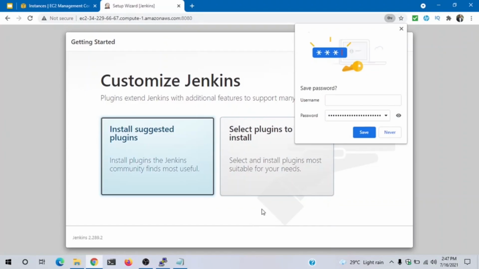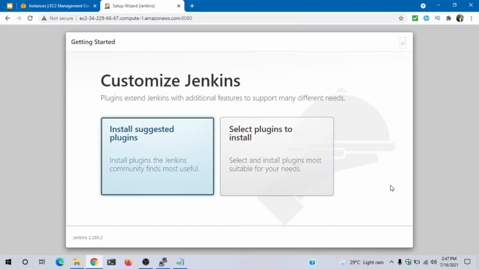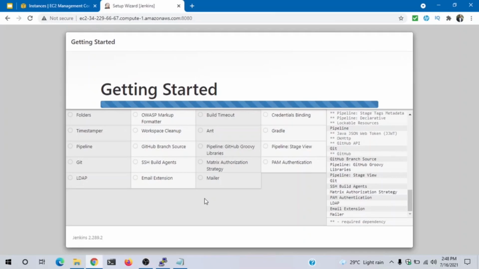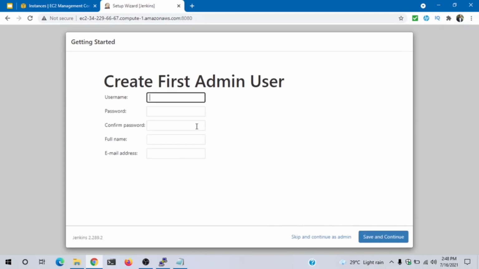Okay, now Jenkins is installed and it's asking us to install the suggested plugins. I click on install suggested plugins and move ahead. Now all our plugins are installed, and we're redirected to the next page, where it will ask us to create the username.